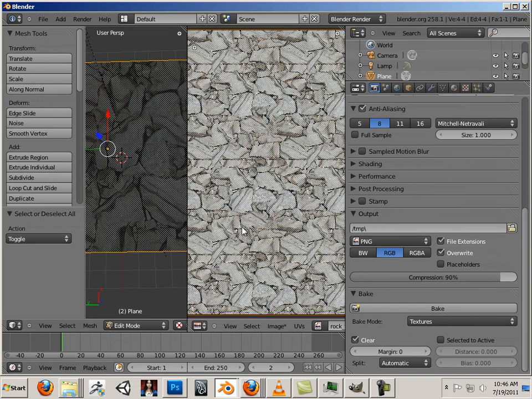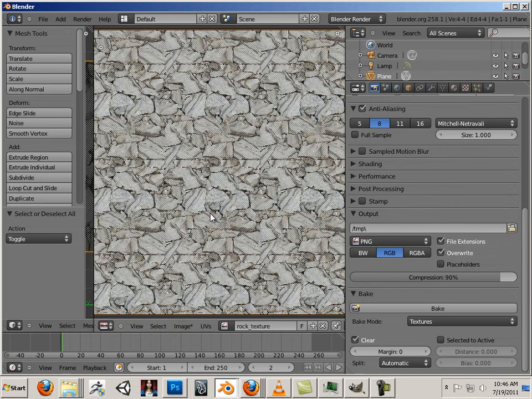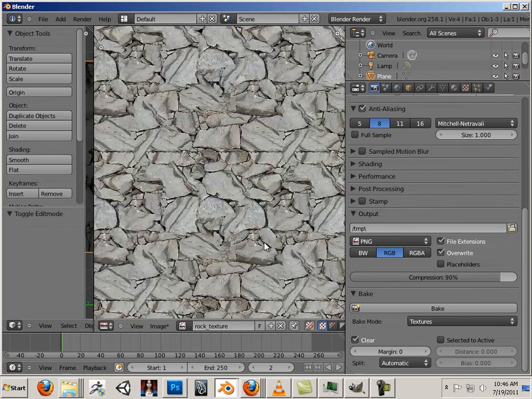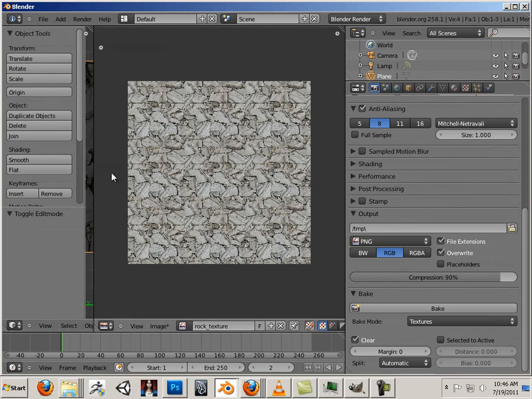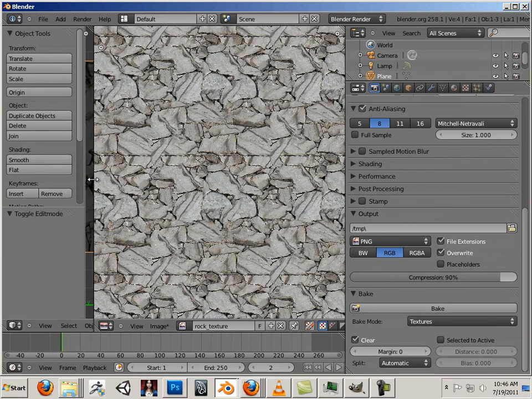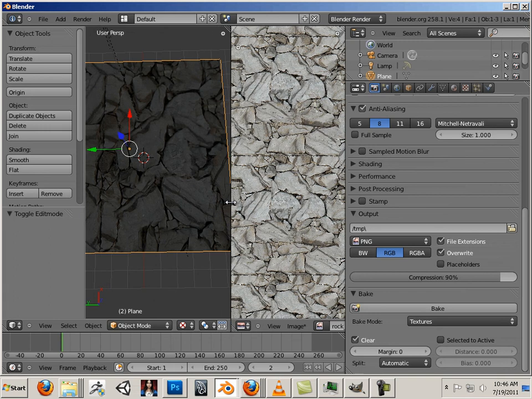Alright, so there we go. We now have our image that's tiled. And I didn't have to use any kind of going outside the 0 to 1. I stayed within the 0 1 and it's still tiled. So to kind of see this on it real time,